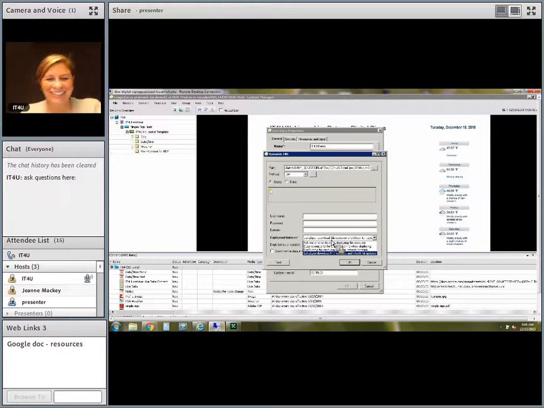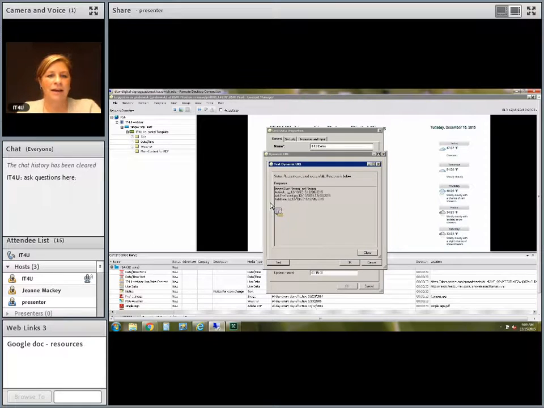So I need to change the deployment behavior to say, don't copy this resource, use the network location. What that means is I want it to go looking at my spreadsheet for updates. I don't want it to keep looking for something that it downloaded, because it'll never give you the current real-time data that you're updating in the spreadsheet. You can test it if you want, and you can see it brought back the data that's in my spreadsheet.